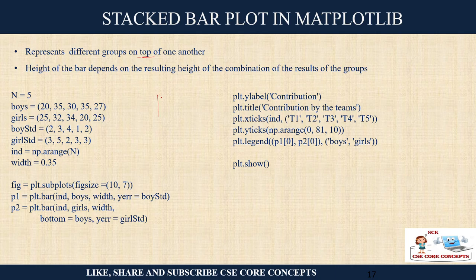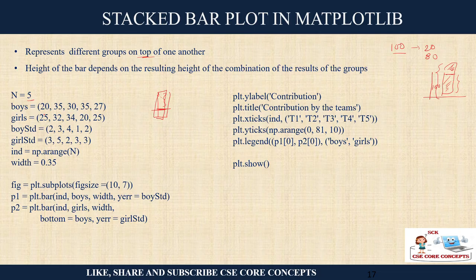Let's say you are creating only one bar. You want to show the ratio of girls versus boys, right? So up to here it is girls and then it is boys. That is called a stacked bar chart. So the height of the bar depends on the total combination of the groups. Let's say in my class there are a total of 100 students, out of which 20 are boys and 80 are girls. So the bar plot will show up to here 80. This shade will be for the girls and this will be for the boys, and the total height will be 100. Understood?